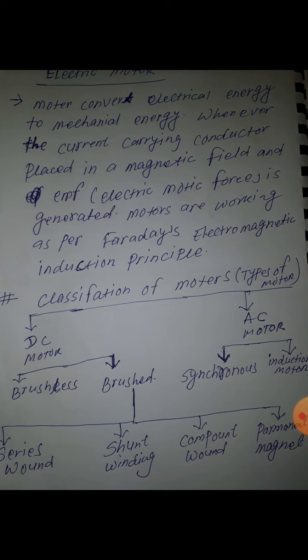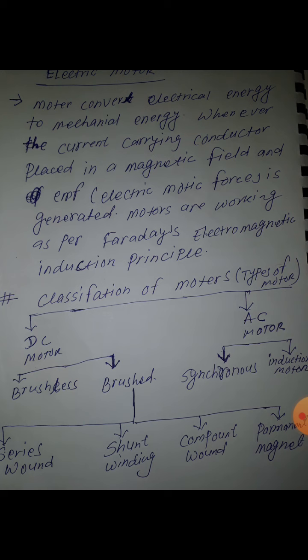And the lifting hook: big motors have a lifting hook because big motors are very heavy, such as 10 kilowatt, 15 kilowatt and 20 kilowatt motors. The weight is heavy, so we cannot move them by hand from one place to another; this is not possible. So at that time we need a crane to lift the motor to another place. The crane belt is put inside the hook and then the motor is shifted to another place. So we need a hook.